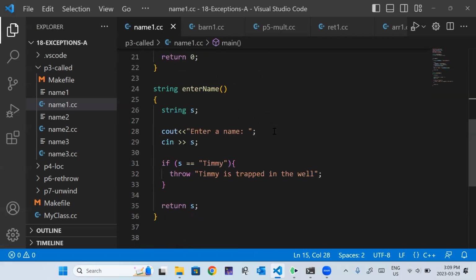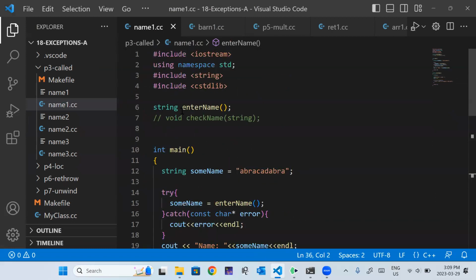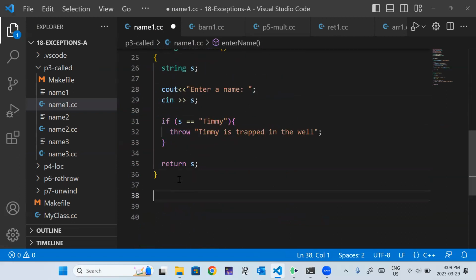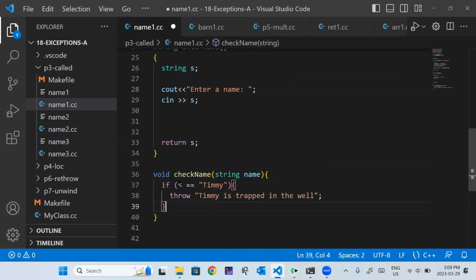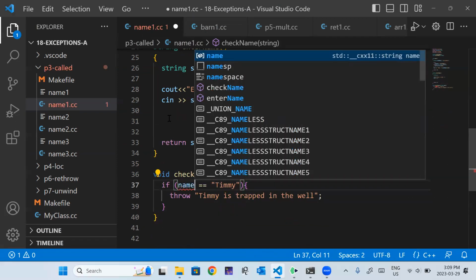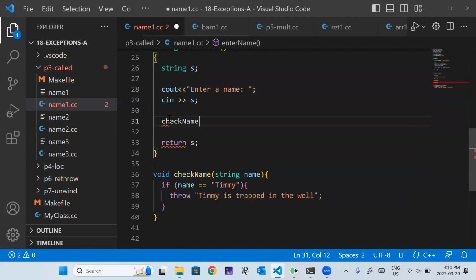Okay. And then we could have a third function here called check name. Yeah, we could do something like this. And we can just say, if name is equal to Timmy, okay.